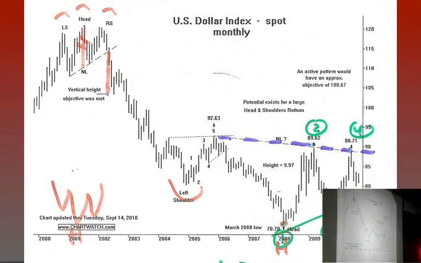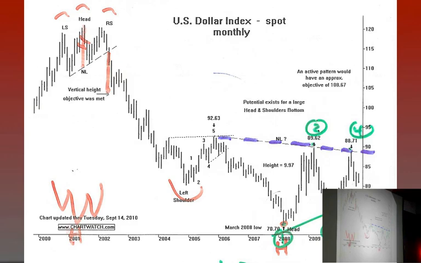Now, why do I want to point that out? There are some traders who are saying, well, could this be, and we have to reverse this, the head and shoulders bottom, where the low on the chart would be the low of the head? Could this be the low of the head in a multi-year developing head and shoulders bottom? Well, the answer is yes, but could be is the operative word. We're not going to trade on this right now, but here is the neckline. If we should get a monthly close on this spot index above, let's round it off to 88.70, it would activate a huge multi-year head and shoulders bottom.